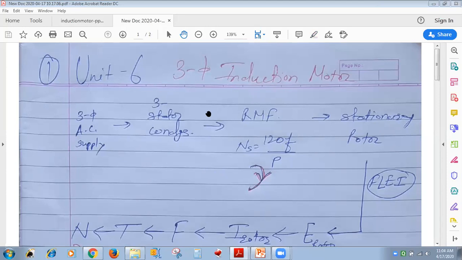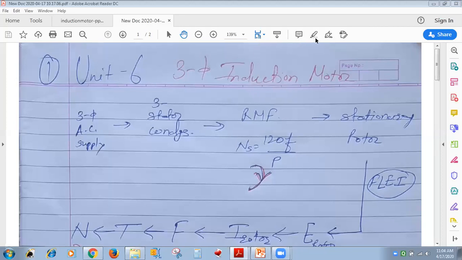Whenever we say we give 3-phase AC electrical input to the motor, where exactly do we give it? To its stator winding or rotor winding? Who can tell? Whenever I say I give 3-phase AC electrical input to the induction motor, where is it given? To its stator winding or its rotor winding? In the terminal box, 6, stator. Very good. Roll number 25.